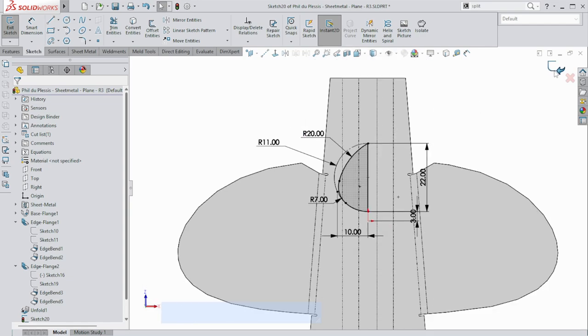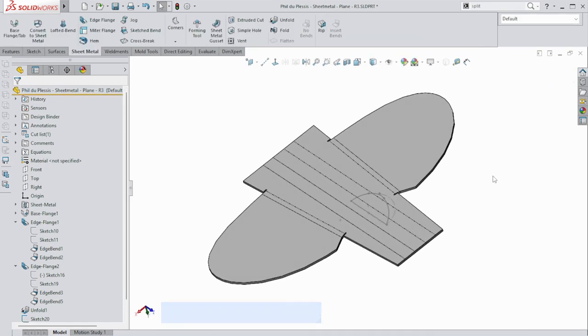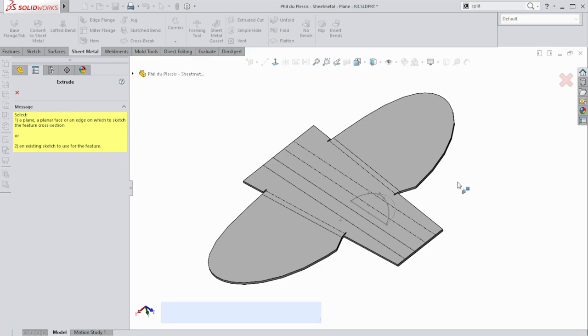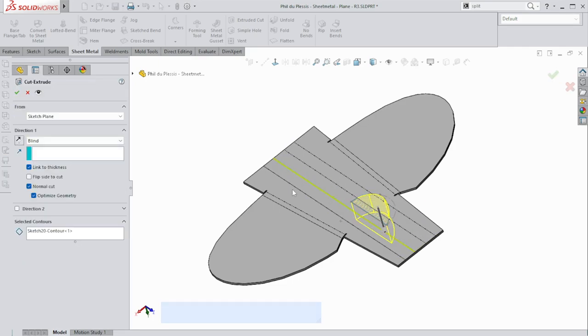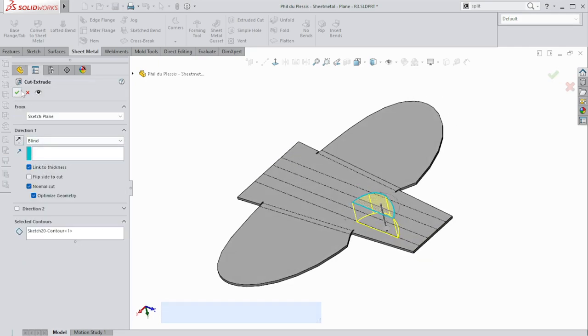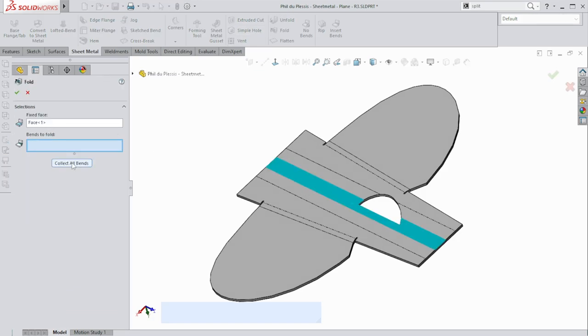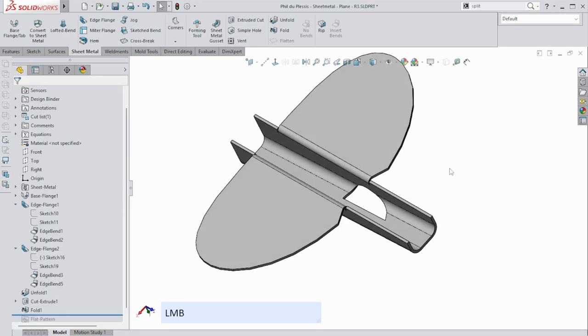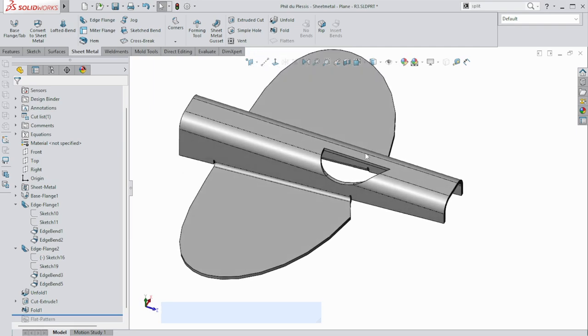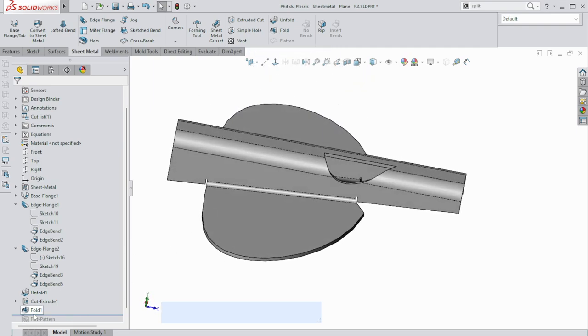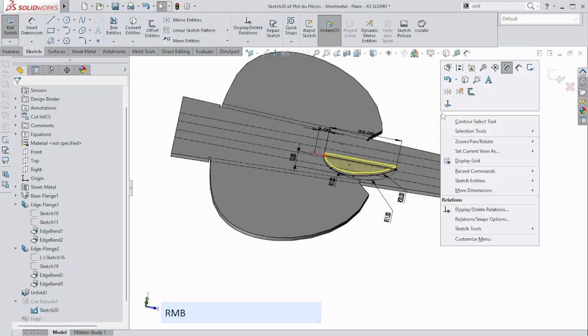Okay, so exit that sketch, extrude cut, that sketch there, link to thickness, say okay, and then fold this back up. So collect all bends. There we go. I'm going fast because I don't want to waste your time. But what I forgot to do is go back to the sketch, and I want to borrow the sketch